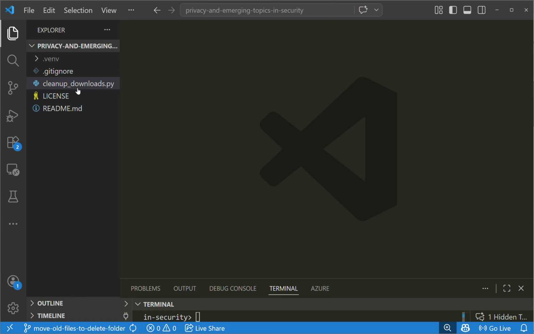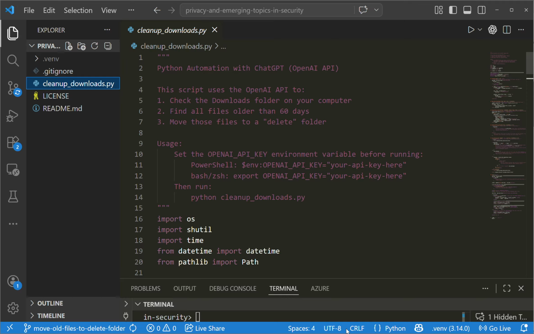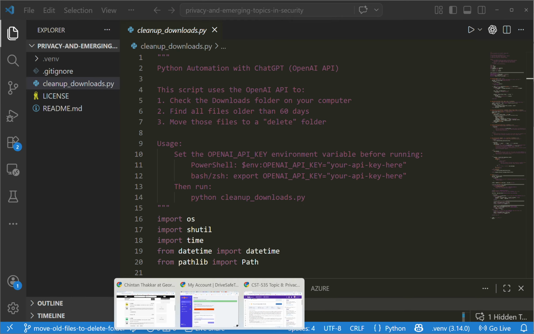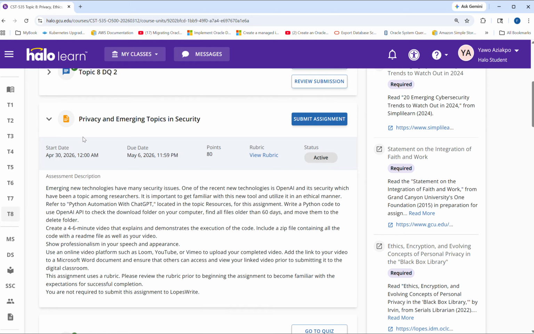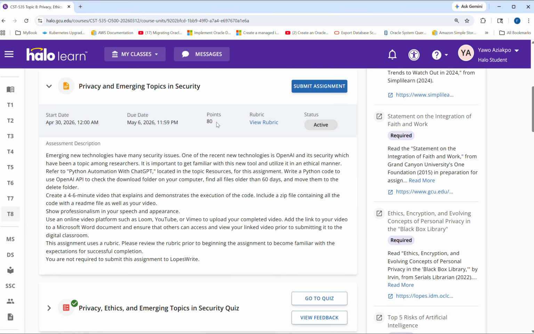I'm going to do a quick presentation on the week 8 assignments. As we can see from here, the week 8 assignment is based on privacy and emerging topics in security. In this assignment, we are required to create a video. We are required to use Python to automate ChatGPT to locate